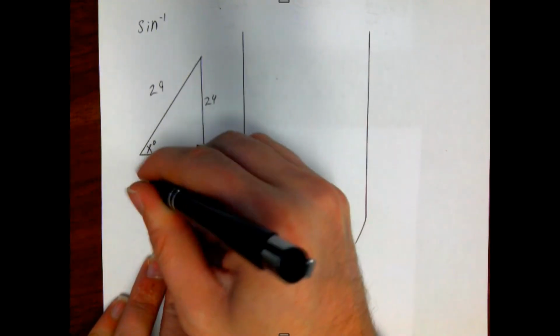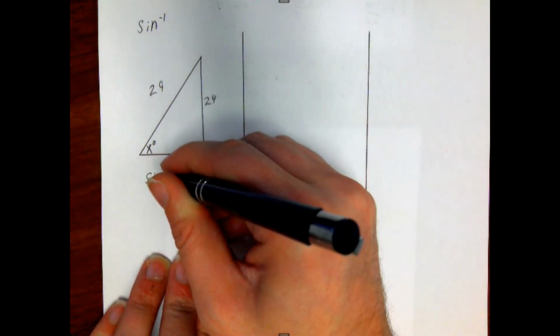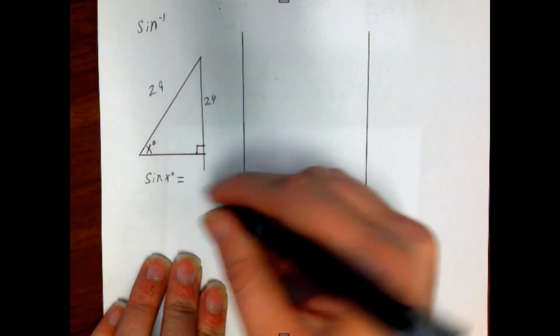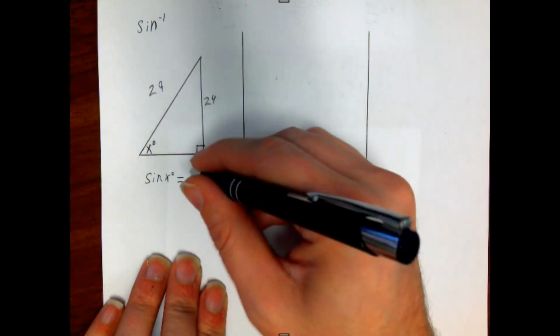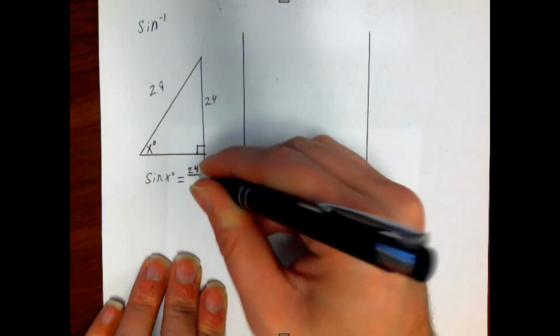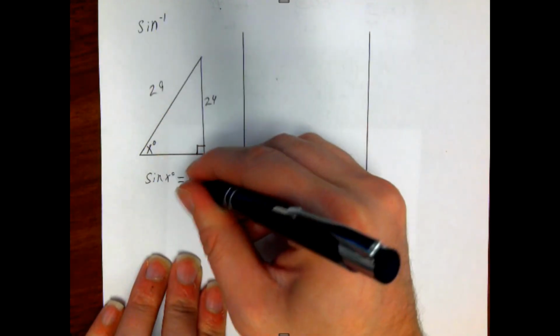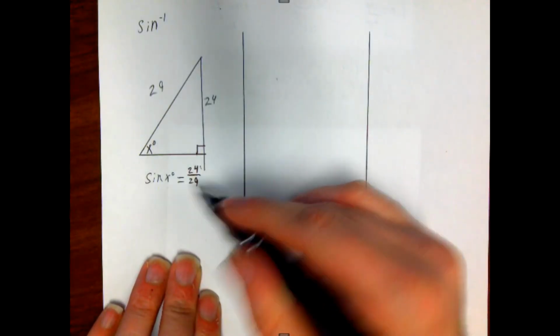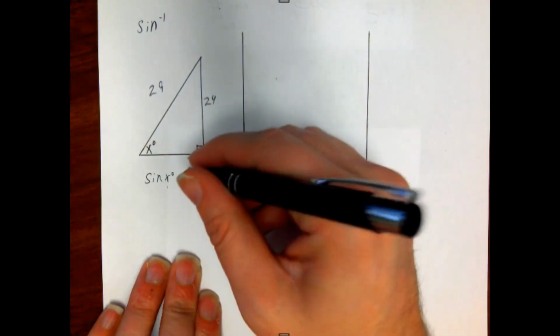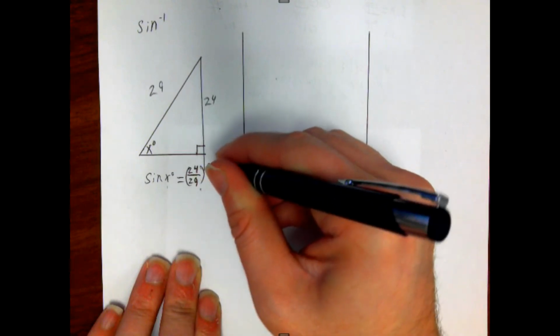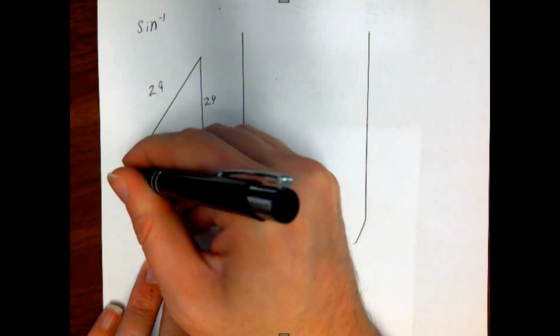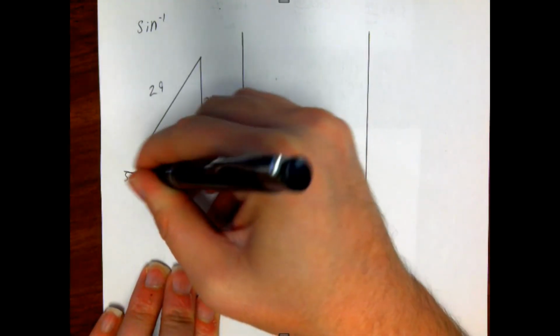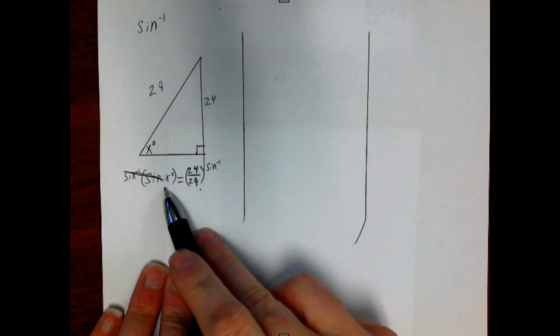So I know that the sine of x degrees is equal to the length of the opposite side, which is 24, over the length of the hypotenuse, which is 29. So I know the sine of x is 24 over 29, but what if I want to know what x is? Well, I'm going to take the inverse sine of both sides. Sine -1, and that's going to cancel out the sines, like the inverse operation. So just like division cancels multiplication and subtraction cancels addition,